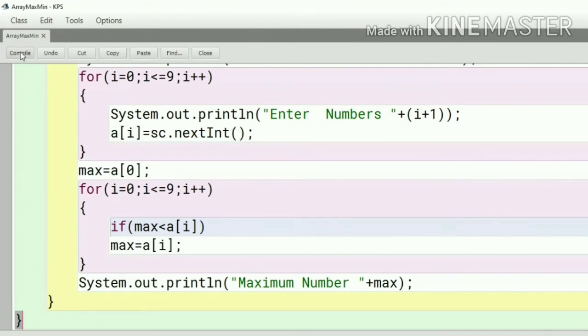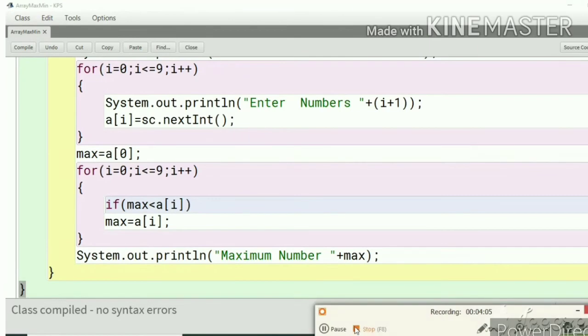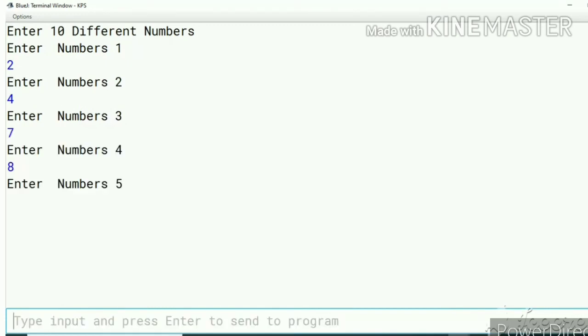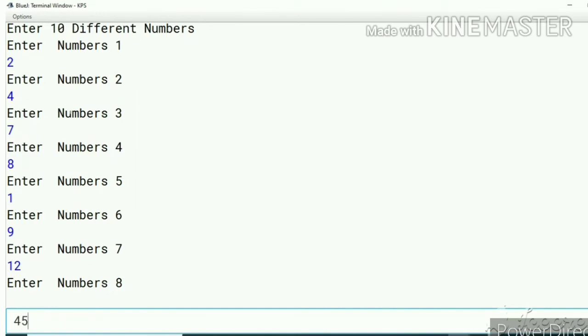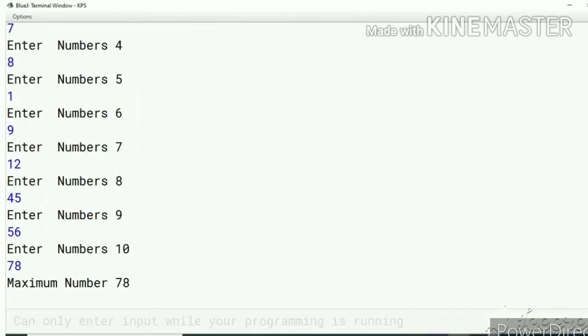Now compile, no syntax error, run. Here you input 10 different numbers like 2, 4, 7, 8, 1, 9, 12, 45, 56, 78. You can check the maximum number is 78.